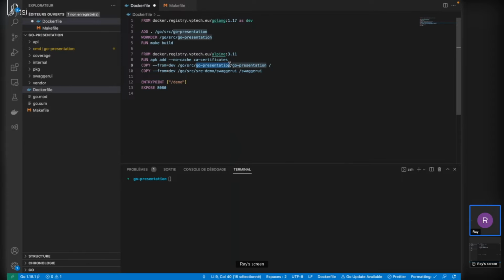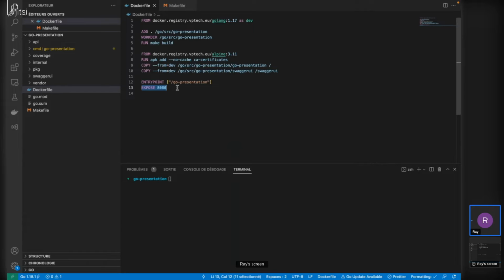And I will also copy my Swagger UI folder so that when the application runs inside my Docker container, I will still be able to go to my Swagger UI endpoint in order to test my application. Here. And then the entry point is Go presentation. So this is the name of the binary that was built previously. And I will expose my application on the port 8080.